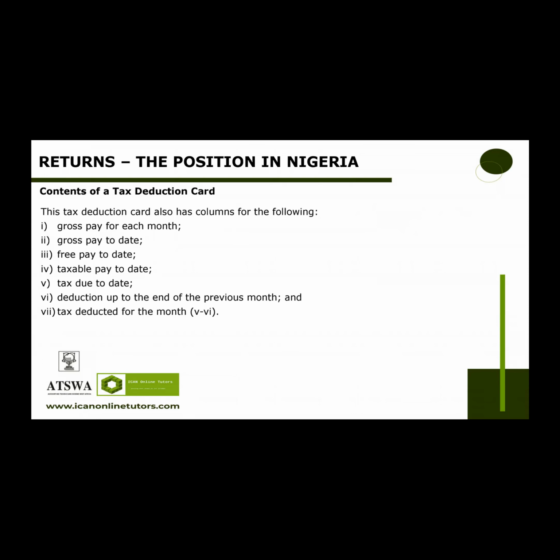The employer usually completes all the columns at the end of each month except the column of free pay to date, which is always completed by the tax authority before the card is issued to the employer. Are we together? So it is expected that every company at least once a year, without notice of demand, file a return with the relevant tax authority, the Federal Inland Revenue Service Board, in the prescribed form, and containing prescribed information together with the following: the audited financial statements,